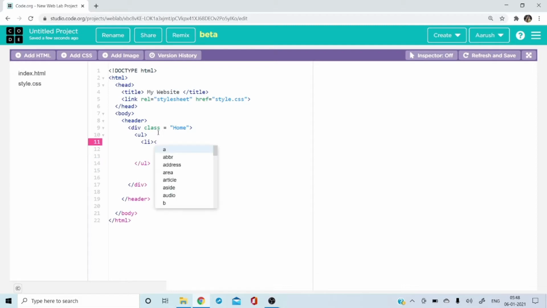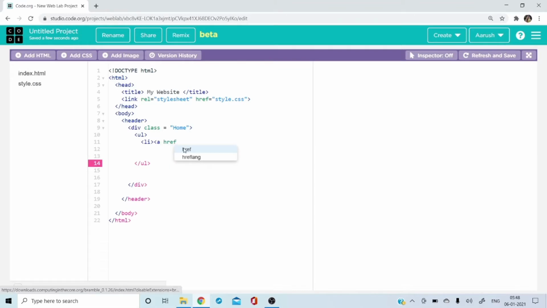Then I'm going to take an anchor tag, and then I'm going to take href. So what does this href say? It basically takes you to another page. I'll show you how we do this. Suppose I'm just showing one step over here. I'll say Google, and then I'm going to close this as well as the list item. See, Google is here. So basically this href is for what? It is if you have to link different